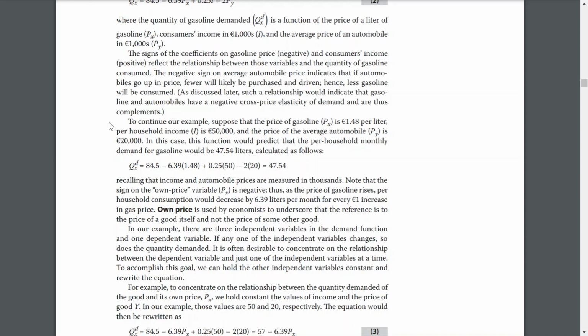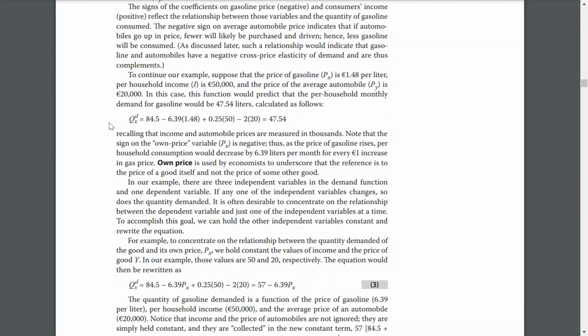Recall that income and automobile prices are measured in thousands. Note that the sign on the own price variable is negative. Thus, if the price of gasoline rises, per household consumption would decrease by 6.39 liters per month for every €1 increase. Oh, it's euro, not pounds. Never mind. €1 increase in gas price. Own price is used